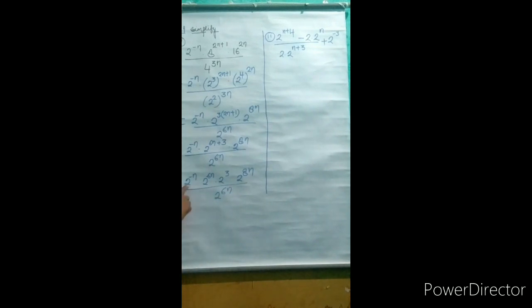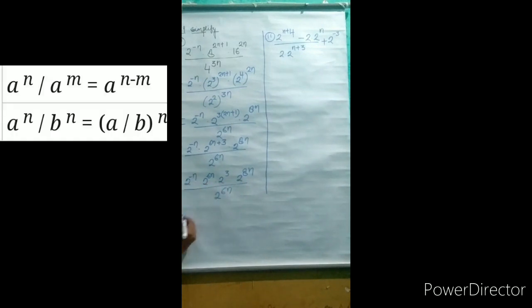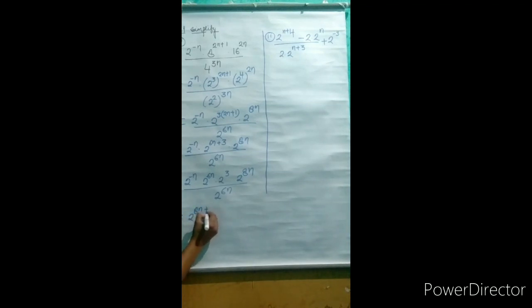In the numerator you can see bases are same. So first of all you can add them. We'll add in the numerator first. So bases are same, we can write 8n plus 6n minus n, 2 raised to power 3, downside 2 raised to power 6n, and the powers will add, we will get 14 minus 1. Here it will become 2 raised to power 13n over 2 raised to power 6n into 2 raised to power 3.